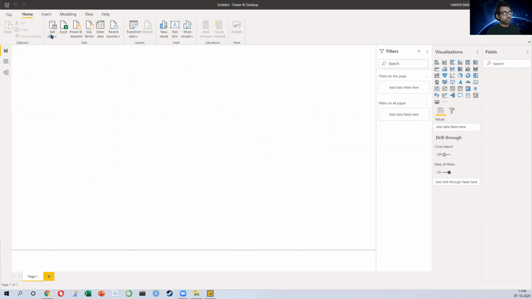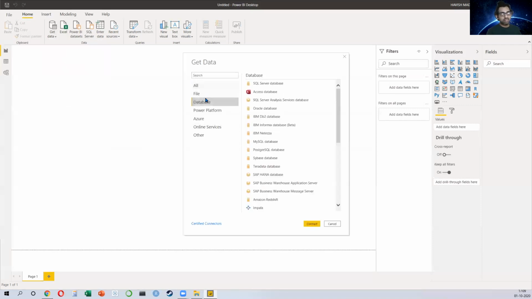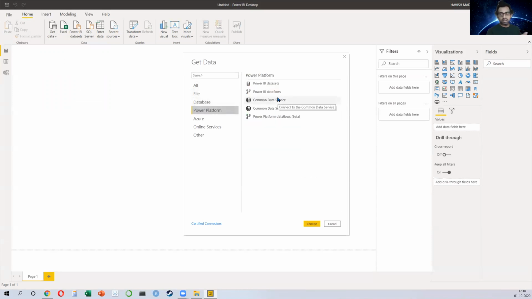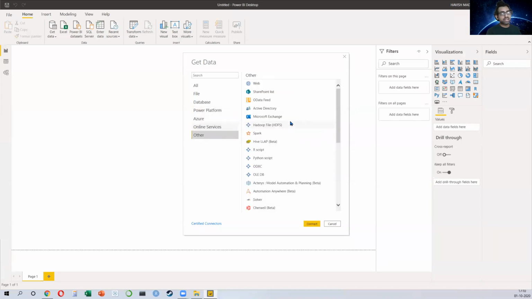The first thing that I want to do is to click on Get Data. And you notice we have different connectors available here. So we have Excel, Power BI, SQL Server, we have Internet, we have OData feeds, which are object connections, we have blank query. But if I click on More, you will notice that there are several other options available. So we have different types of files, we have different types of databases, we have the Power Platform, which is owned by Microsoft. And we have Microsoft Azure, we have online services, and we have other.